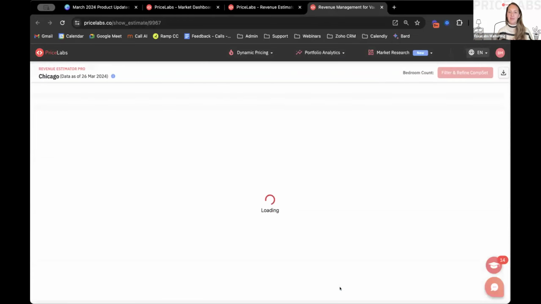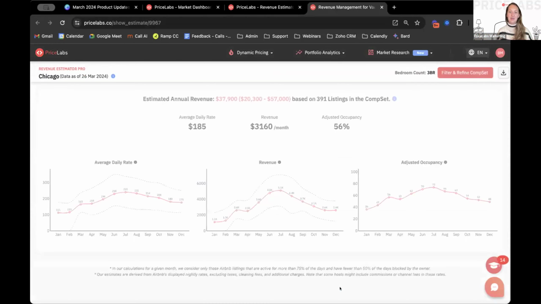I mean, I want to jinx it and have my computer freeze, but especially if you're used to waiting for our market dashboard, if you're creating a new location, it can take 5-10 minutes for it to actually load. So the fact that this will load within a minute or so is really, really huge. Cool. So it's